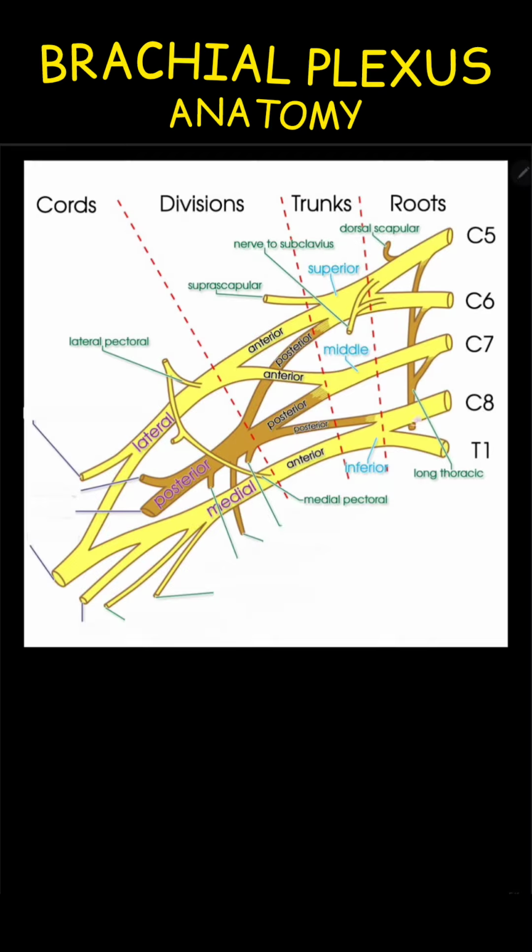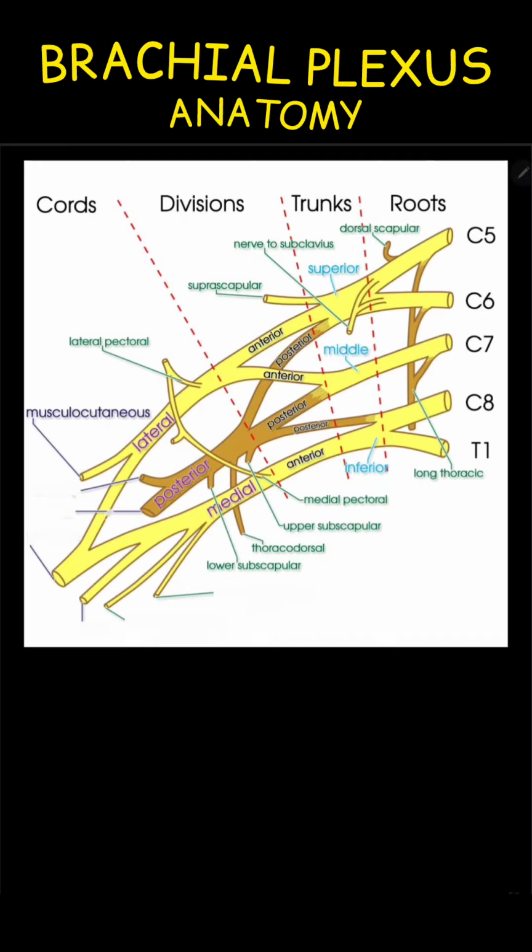And the two nerves that we see coming from the posterior side are the upper subscapular and lower subscapular nerves. Then another long nerve coming from the posterior aspect is the thoracodorsal nerve. Then on the lateral side, we see the musculocutaneous nerve coming from the lateralmost aspect, and the main divisions